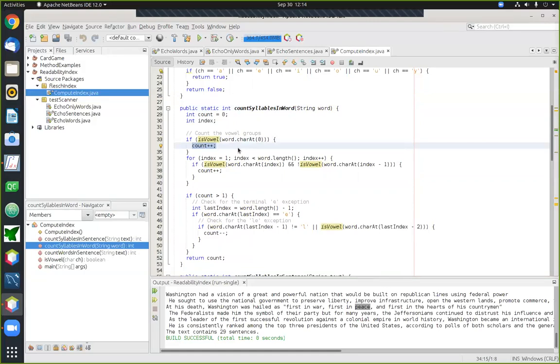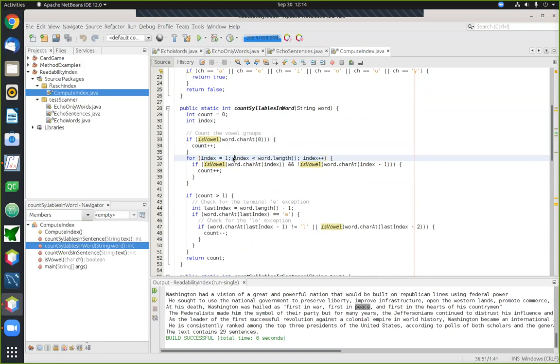Now, next we're going to set up a loop, which is going to do this same trick many times. We'll work our way through the rest of the letters in the word. To do that, we'll be setting up a loop that works with an index. The next letter in the word is at index 1. This loop is going to keep going through the different index values until it comes to the last one.